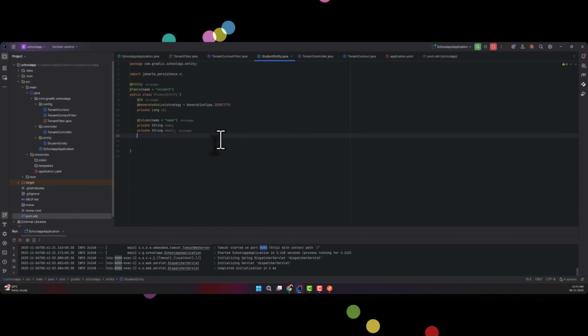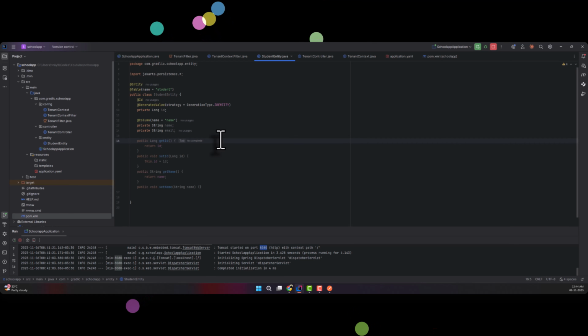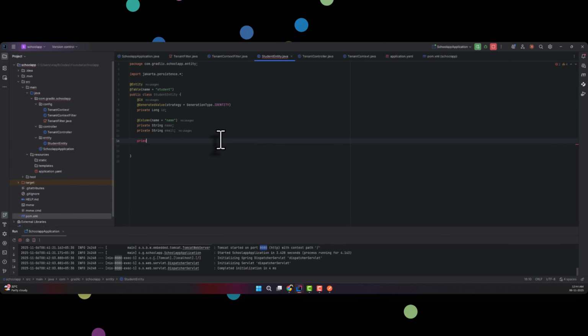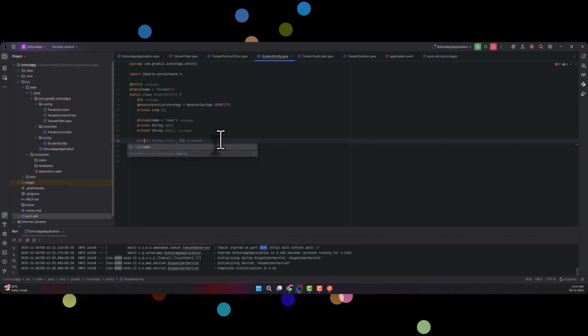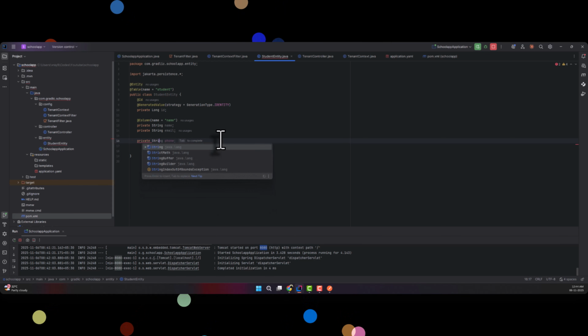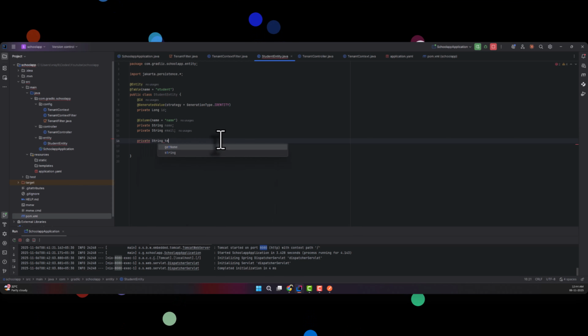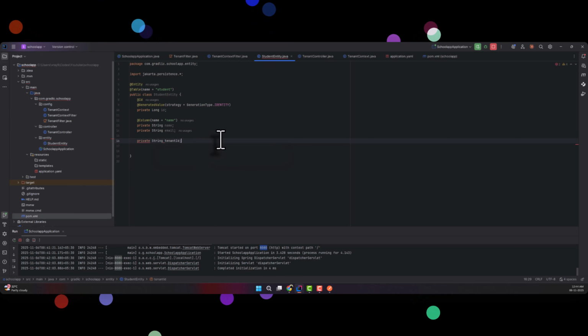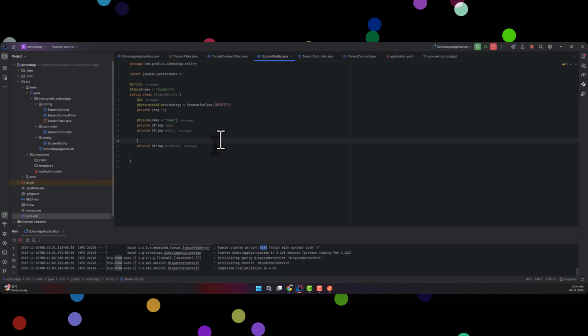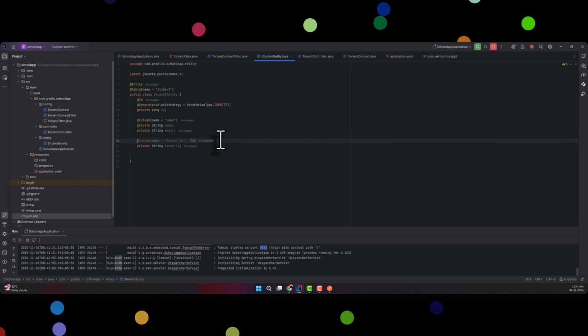So I'll create one field, private, a string tenantId. To make this proper tenant ID, we have to annotate this column as